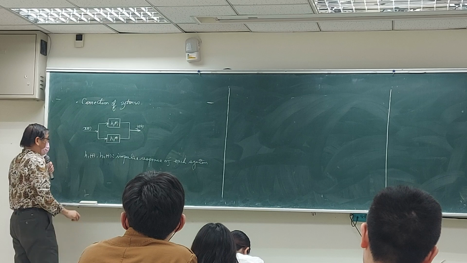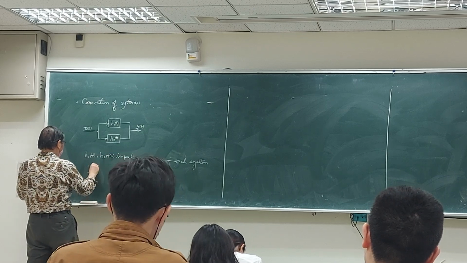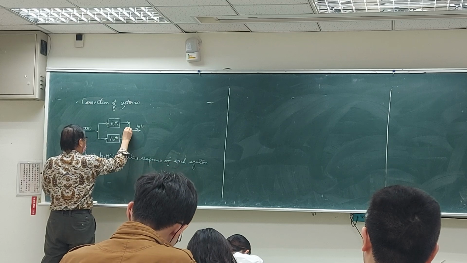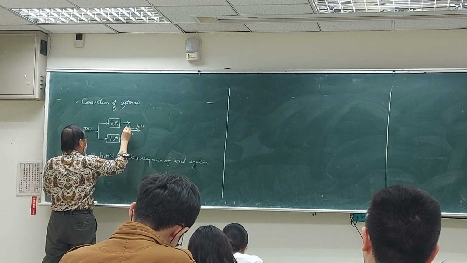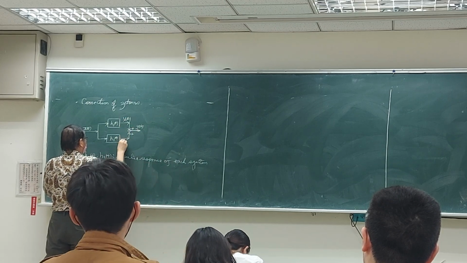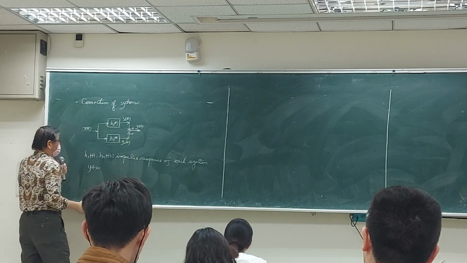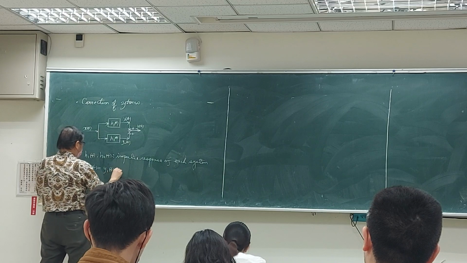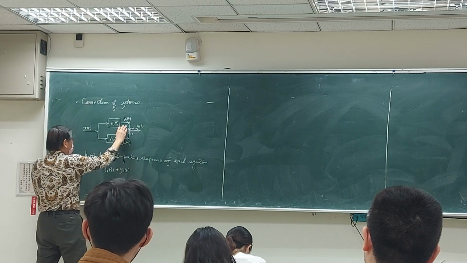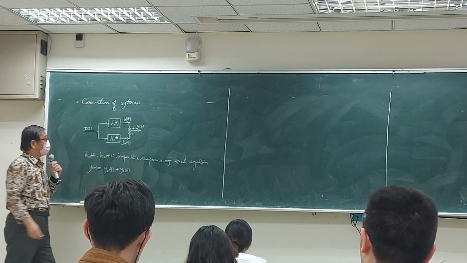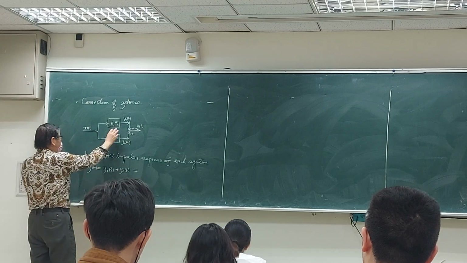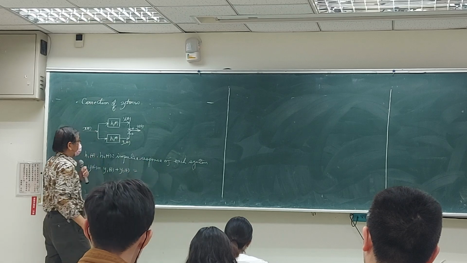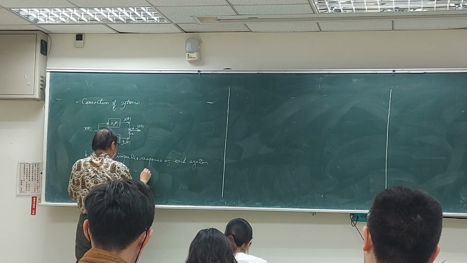Okay? And then y of t is equal to y1, and this is y2. So very easily you can see that y of t is equal to y1 of t plus y2 of t, the sum of these two outputs. And what is y1? y1 is the output of H1. Now, since H1 and H2 are impulse responses, we can write y1 as